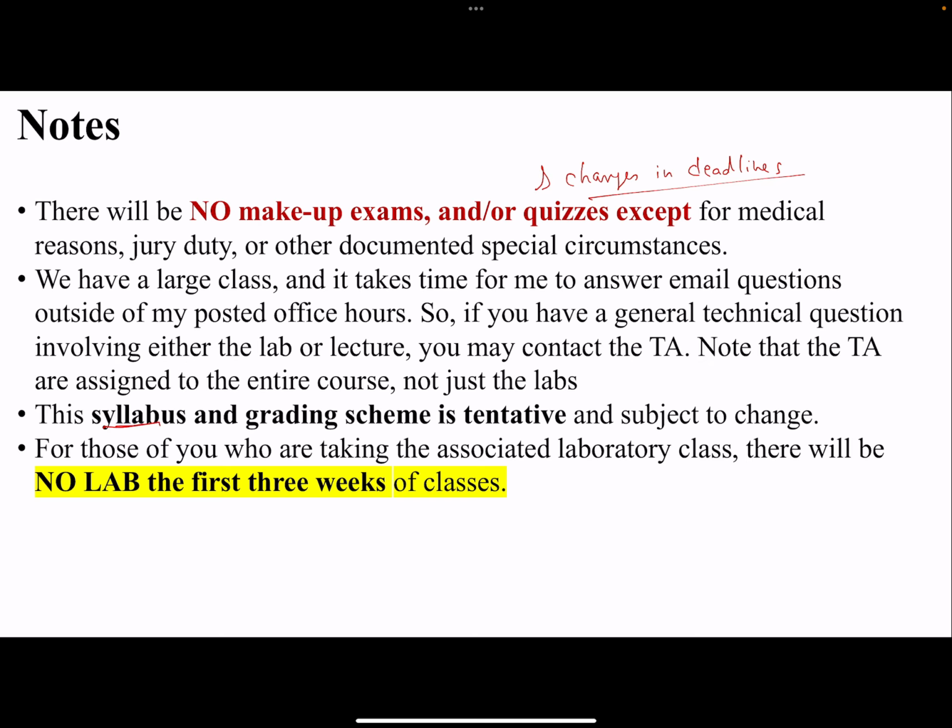The entire syllabus that I talked about and the grading scheme is tentative and subject to change. Of course, we want to say that in case we change something. But having said that, there's a very good chance that this will pretty much be the same. And there's going to be a separate Canvas page for all of you who are taking the lab section as well, and most of the lab announcements will be coming directly on that page. So stay tuned on the announcements on that page. And just a quick comment on the lab, there will be no lab the first 3 weeks of this course. But all the relevant announcements related to the lab, you should be receiving on the other Canvas page.